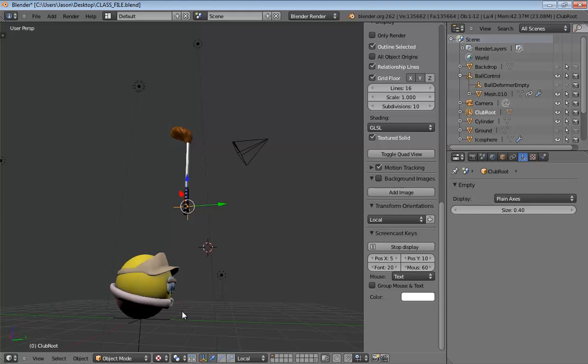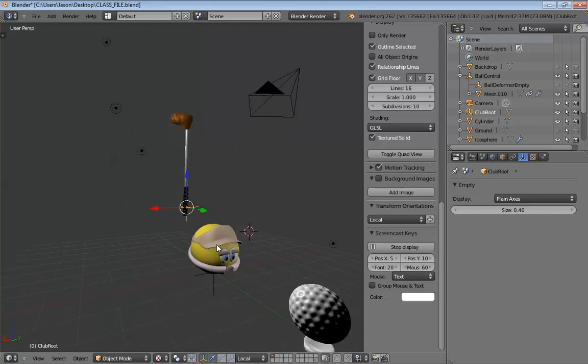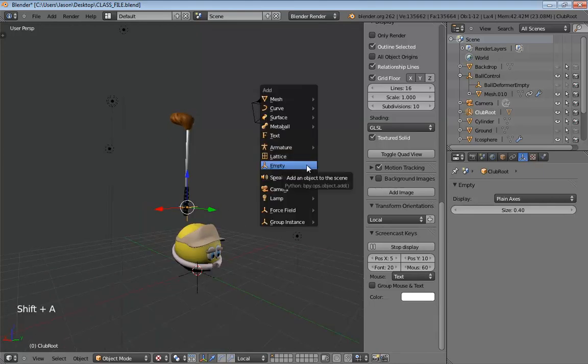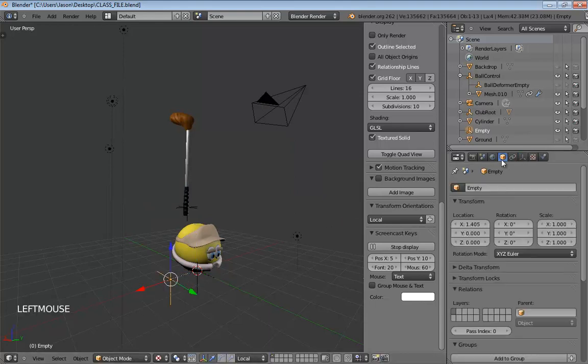So, here's how I'm going to do this. We're going to take our 3D cursor, and I'm going to put it back to the center. So just Shift S, cursor to center, like so. Then we'll hit Shift A and add another empty. To make it a little easier to select, I'm going to go ahead and slide it off to the side and then immediately name this. We'll call this Club Carry. And its whole job, again, is just to designate the position that the club is going to be at when it's being carried.